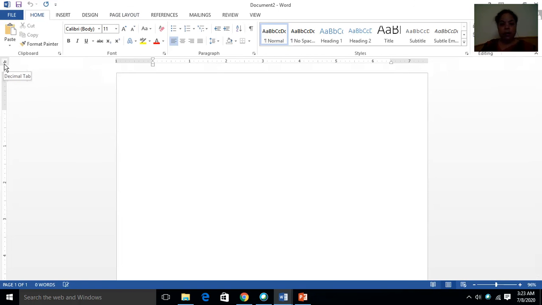You have to just click on this one selector bar, and then you can choose the type of tab by again clicking on it. You can see now the right one is coming, now decimal, now this is left one, center, right. Now after taking the alignment type from here, just click on the ruler bar. You can see my left alignment is coming, the tab is set with right alignment.